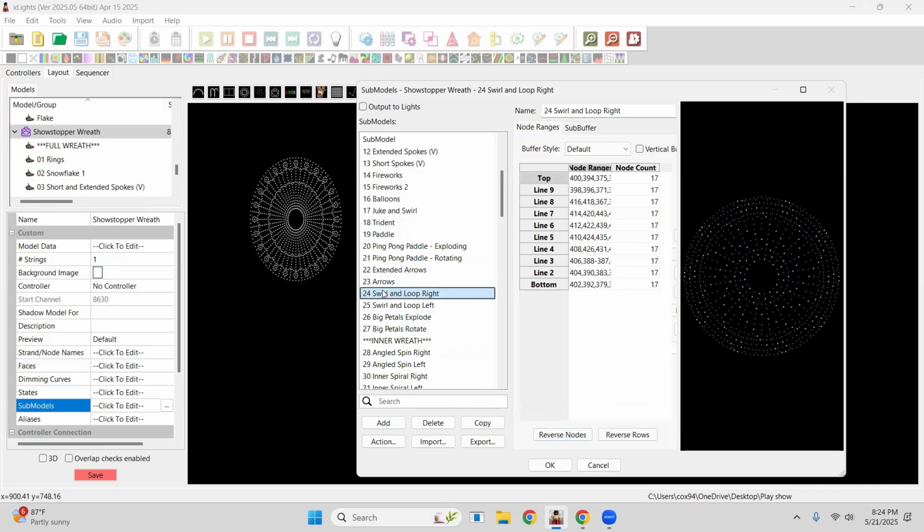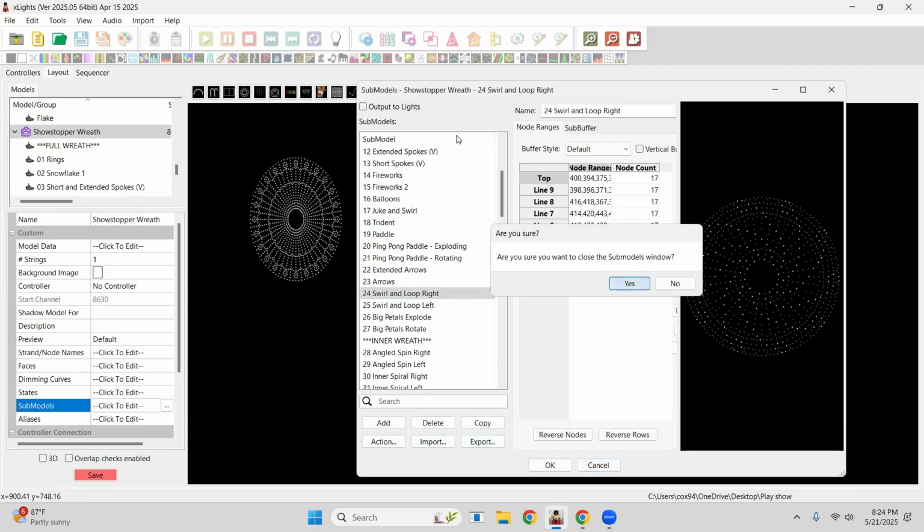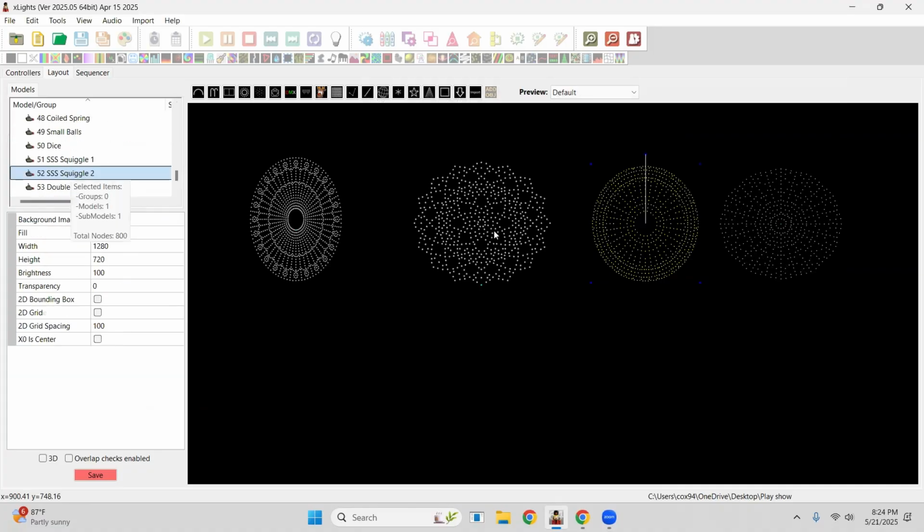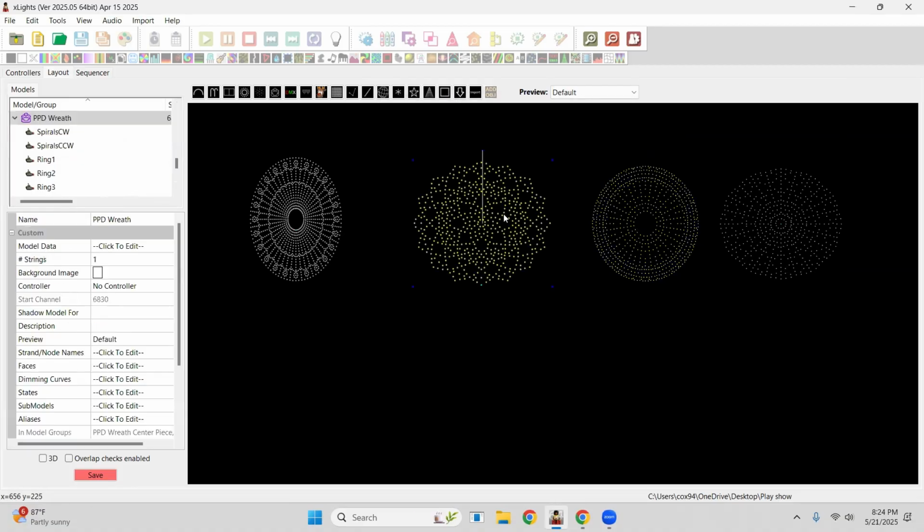So now I'm going to say, okay, I could go down here in the swirl underneath the showstopper wreath over here on the left. Now that I know what shape I'm looking for, I go down here. I'm looking for the swirl. That's what I'm going to drag into, so then I can map that. Once I find the arrows and the swirls here, we then simply hold the control key down, copy those